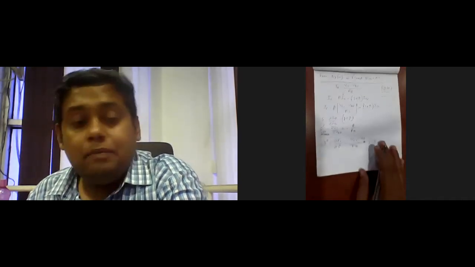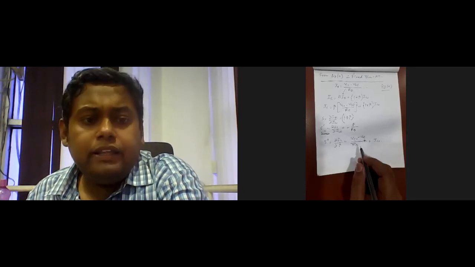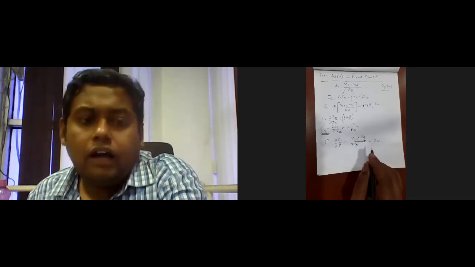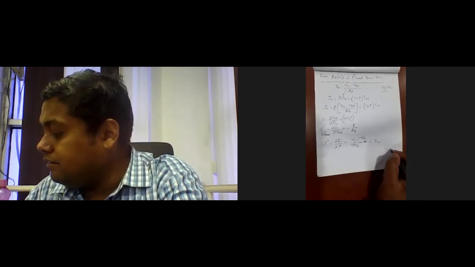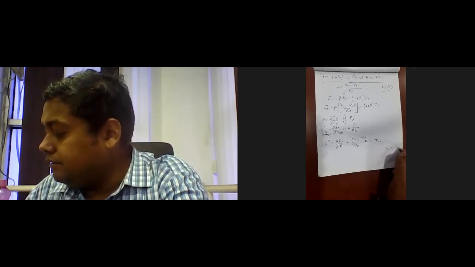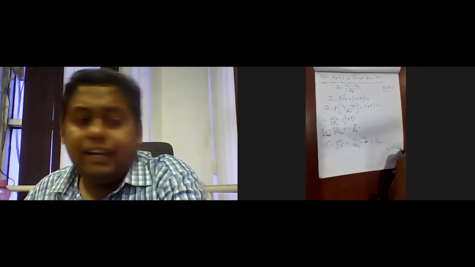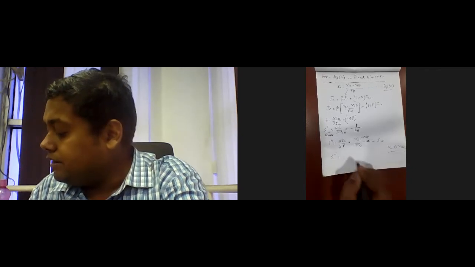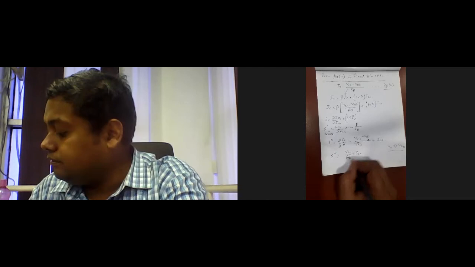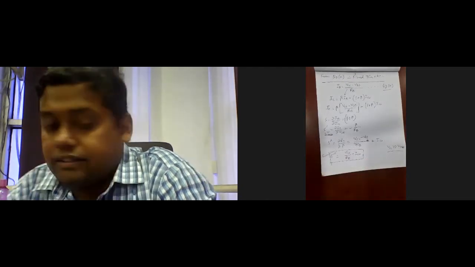Now, what is the value of VBE? VBE is 0.7 volts. It was already defined in the last class. So VCC is much greater than VBE, and we can neglect VBE with respect to VCC. So then S double prime is VCC by RB plus ICO. So these are the factors.